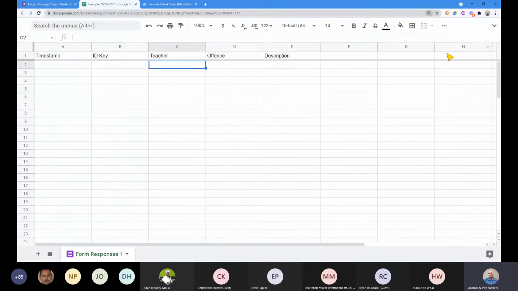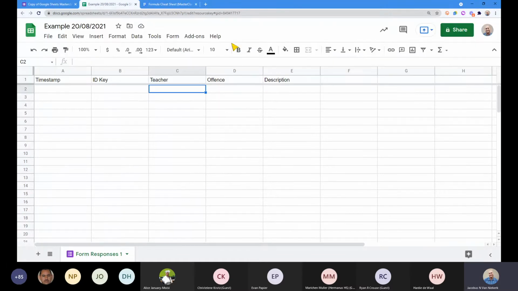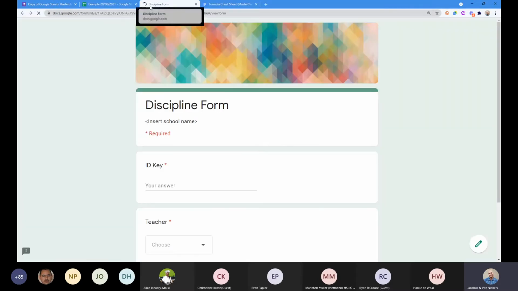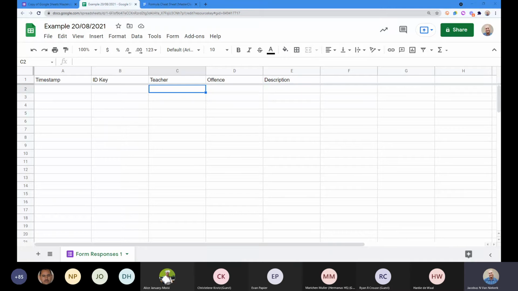I'm going to do the same thing, and just make sure that I've also got 1 or 2 things to work with. Remember, a nifty little trick I showed you last time. If you've got a form linked to a Google Sheet, you can simply go to form, and you can go to live form, edit form, send form, whatever. I want to go to the live form, and I'm just going to go capture a few examples here on the side.